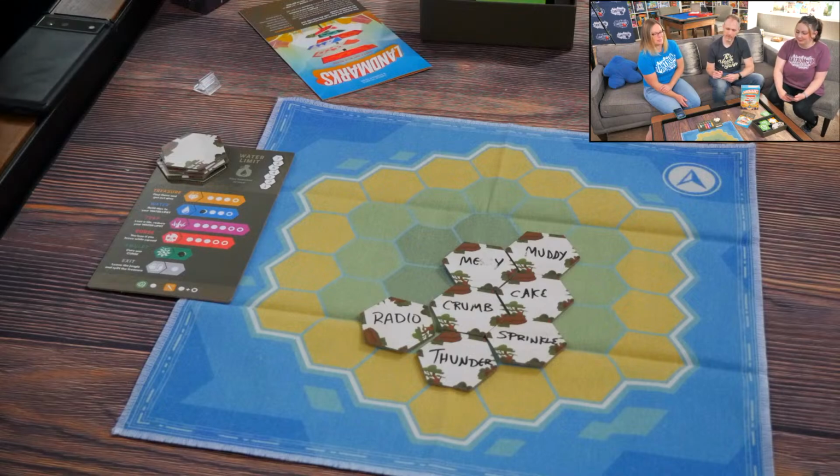What do we got here? Thunder, sprinkles, crumb, cake, messy, muddy. Poor Kevin. He had such a plan, and now he's messed up. It's really slowing him down. Yes, it does remind me of Messy Paths. Instead of just making a path, this one has